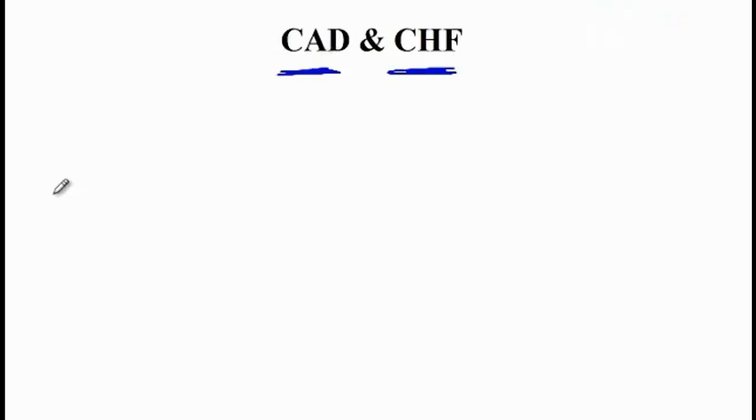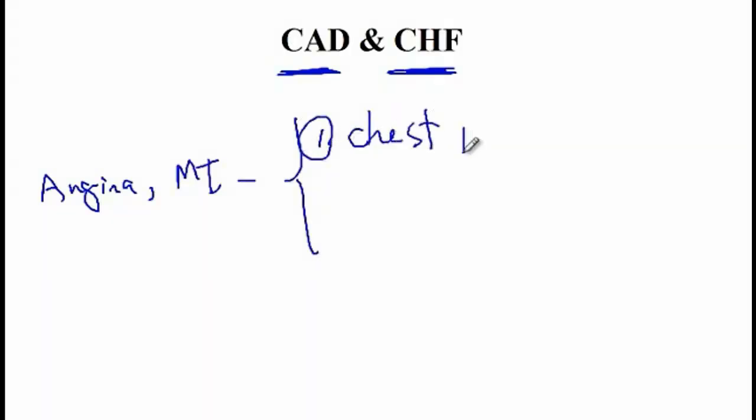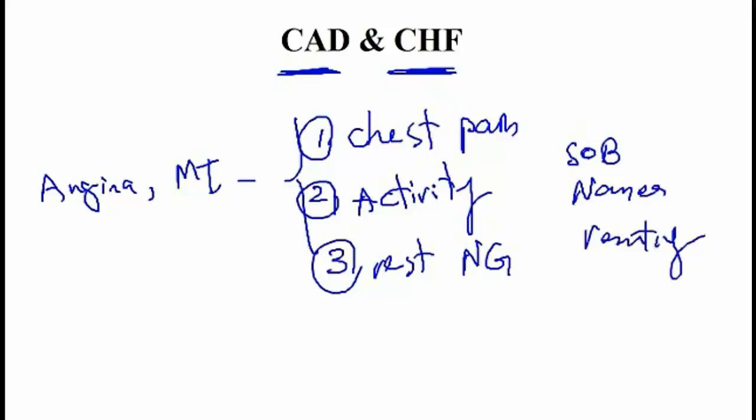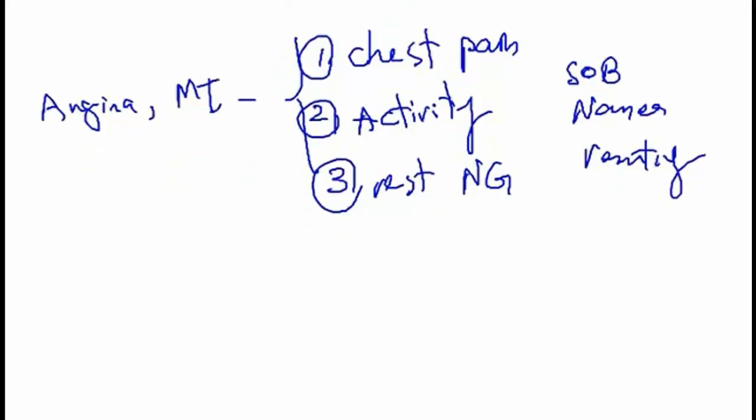So examples of coronary artery disease include angina, as well as the myocardial infarction, and these patients generally present with a triad of a substernal chest pain that is worsened with activity but is improved with rest and nitroglycerin. And other associated symptoms may include shortness of breath, nausea, or vomiting. However, not necessarily all patients may present with these symptoms, and in that case it's referred to as atypical or